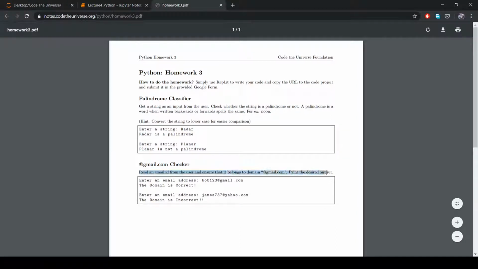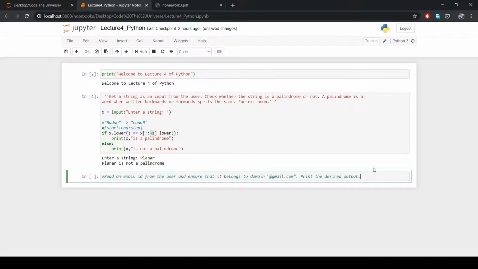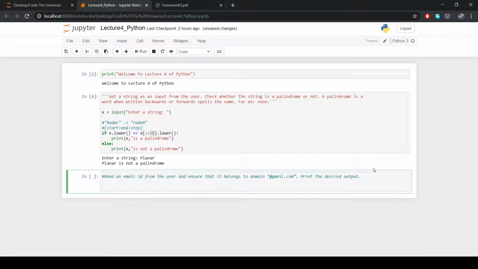This is a bit of a tough one, and I noticed a few of you implemented it in a few different ways. So we'll see how this can be implemented. You were asked to read an email ID from the user and ensure that it belongs to the domain @gmail.com, and if it does, say the domain is correct, and if not, say the domain is incorrect. So we take in the email ID,